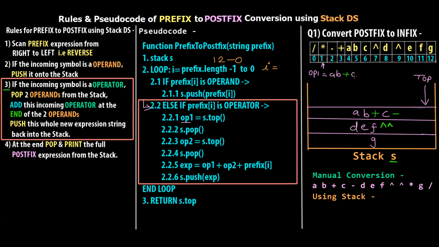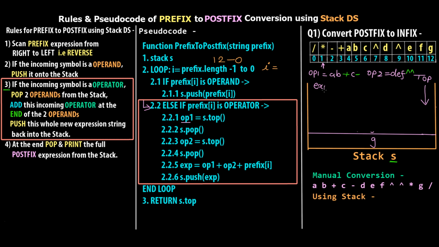So AB plus C minus is op1. Then we will pop the top of the stack at 2.2.2, so this is removed. Then we also have op2, so op2 is equal to def and raised to. So again we will pop this top of the stack as well at 2.2.4, and at 2.2.5 we will create